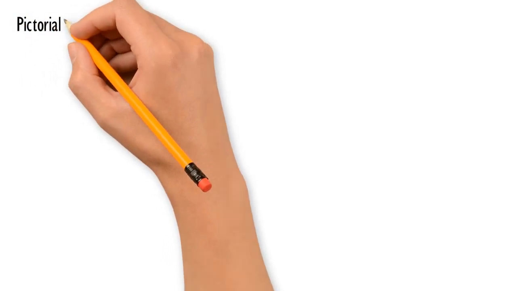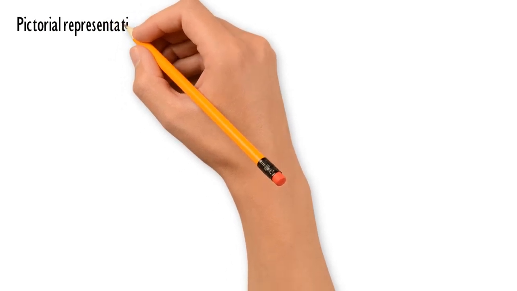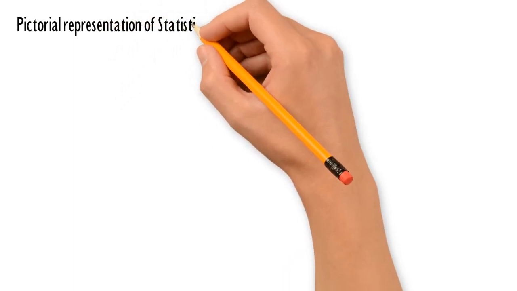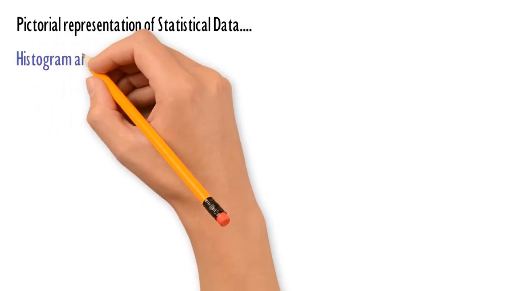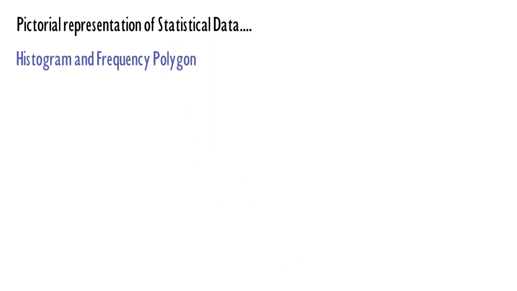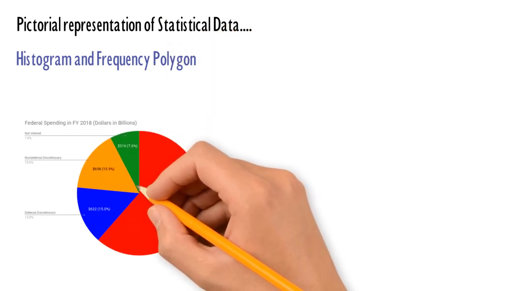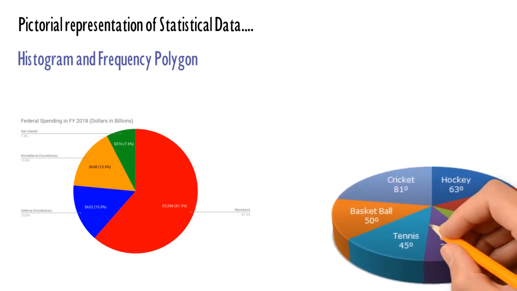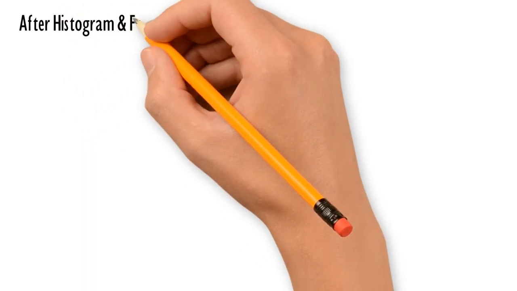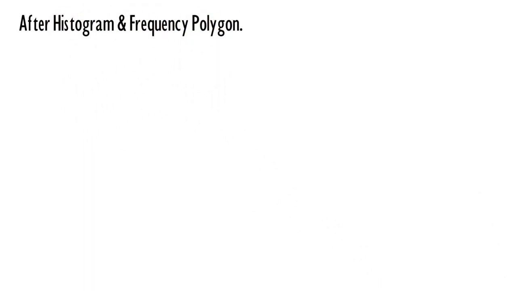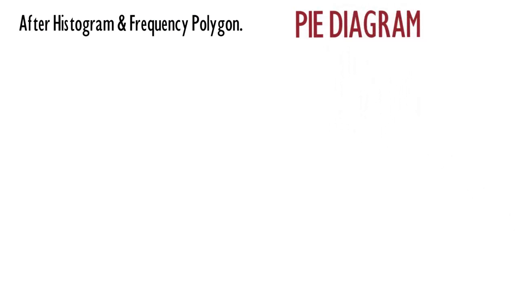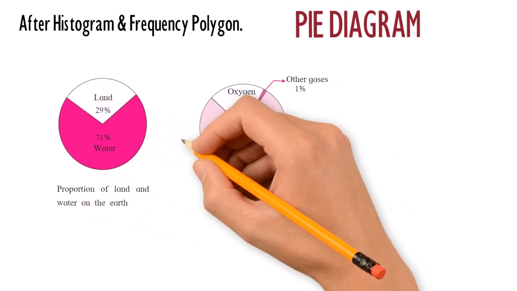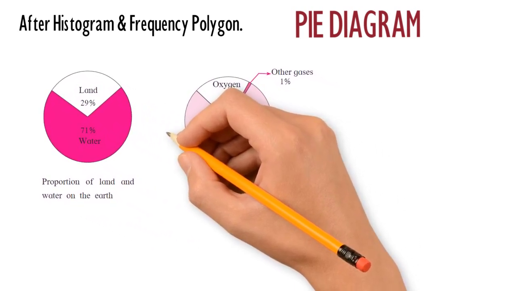Today in this video, we will be learning the last pictorial representation of statistical data. We know that tabulation is one of the methods of representing numerical data in brief, but a table does not quickly reveal some aspects of the data. A common man is interested in the important aspects of data, for example, annual budget, information about a game, and many more. Let us think of another way of data representation after learning histogram and frequency polygon: a pie diagram. In our previous standards, we have seen the following figures in geography and science. Such graphs are called a pie diagram.